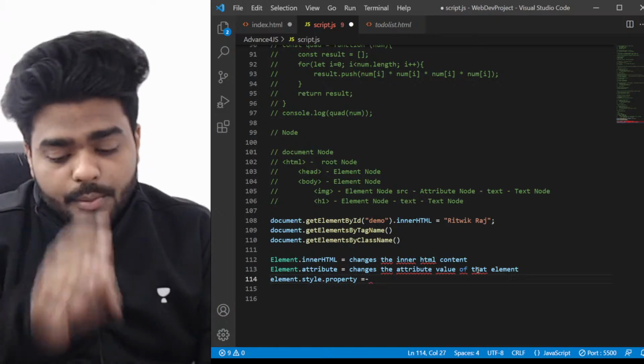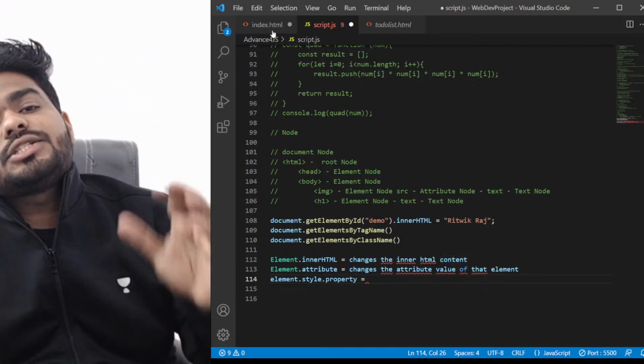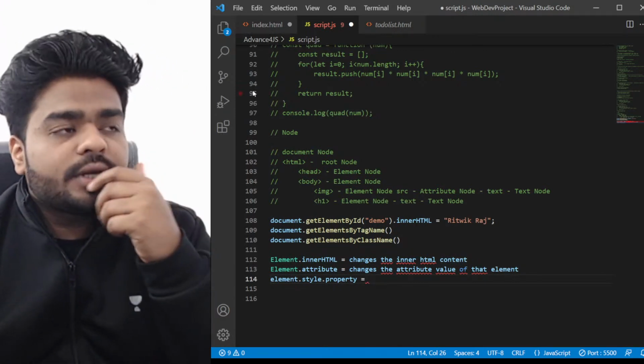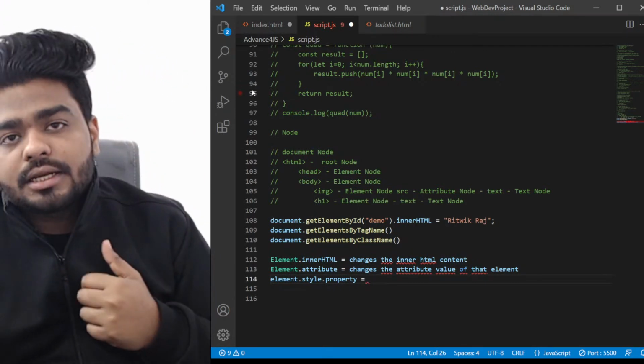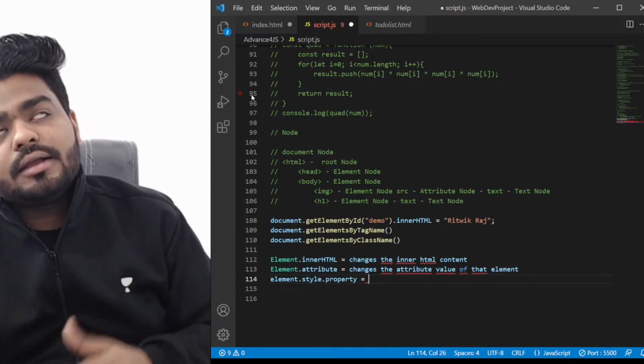What is the style dot property? Let's say the element is h1, right? And in the HTML part, you have not written that h1. You are creating an element by using JavaScript in your HTML. Again, I'm saying